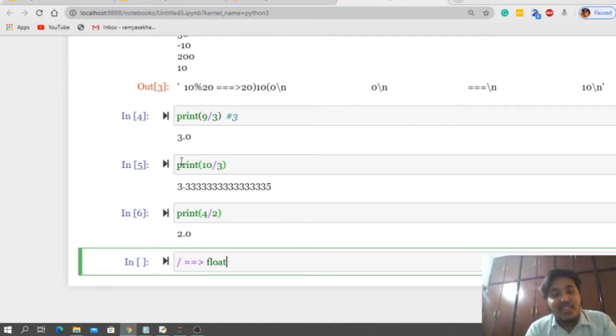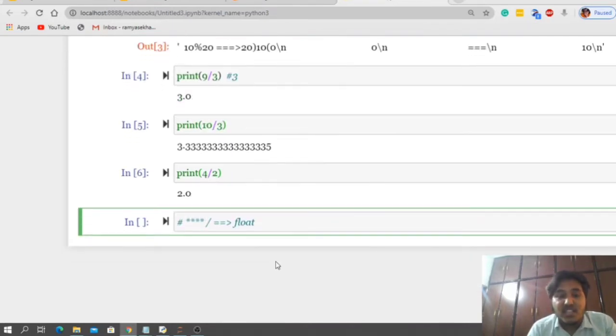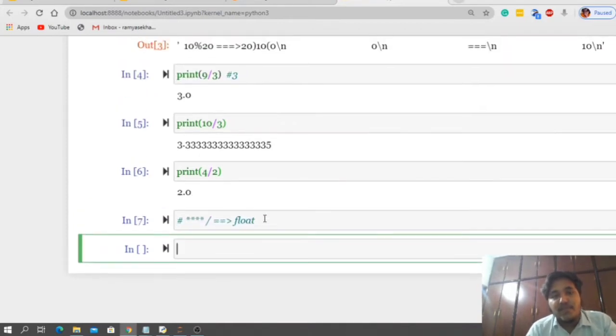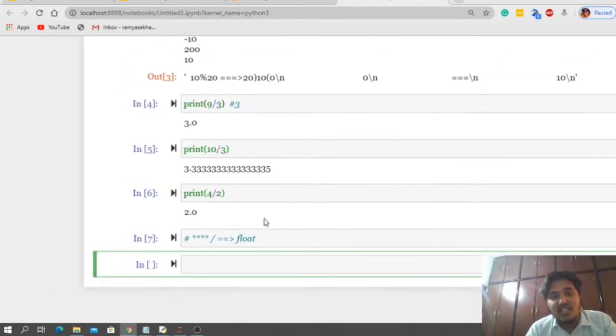Don't think very much, this is a very important point. Slash is the division operator, right? The return type of this division operator is always float. Is this clear? Now let us talk about the next point.